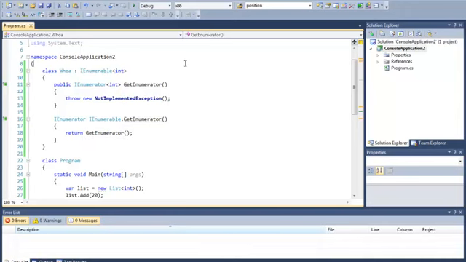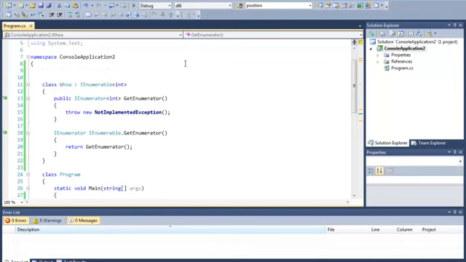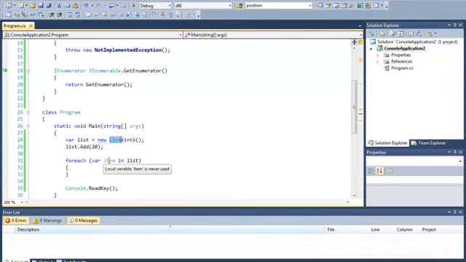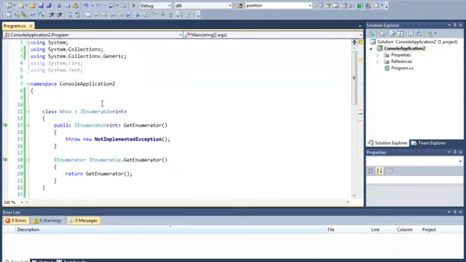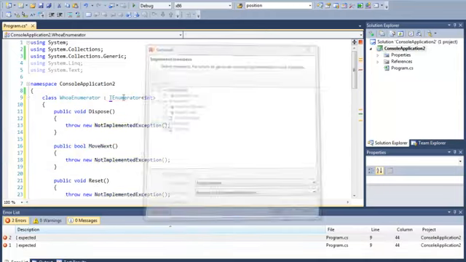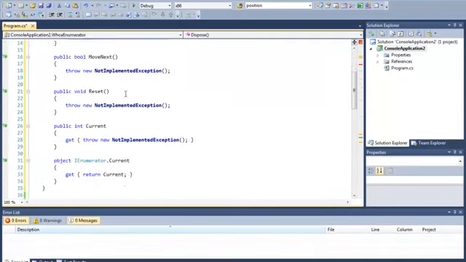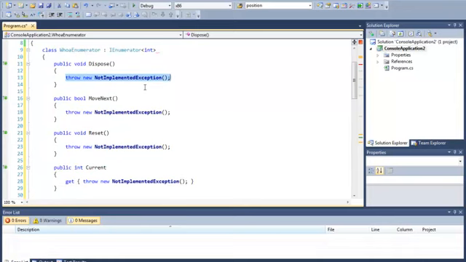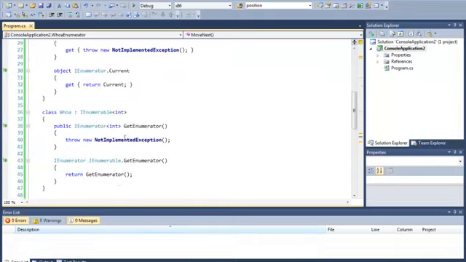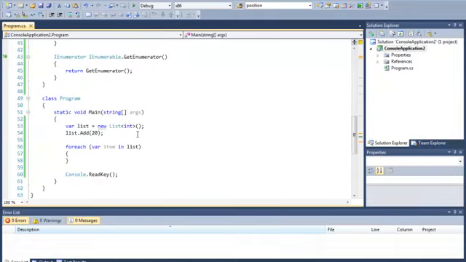Okay. And so now we have an enumerable, meaning an object that can be enumerated over. We have to create an enumerator, which is the actual object that iterates over this enumerable. So think of it like we have this list. A list is an enumerable, but when we go in the foreach loop, it has to have a pointer to each item in that foreach loop as it goes on. Okay. And to illustrate that, I can go ahead and say, and this is the class that every single enumerator exposes. Dispose, we're not going to worry about because we're not worrying about garbage collection at the moment. MoveNext. When we say foreach, what this is doing is saying this,